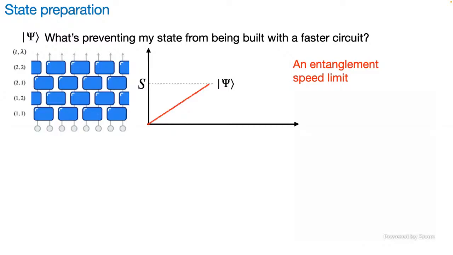And one answer to that question might be that there's some entanglement speed. In some sense, to build up this state, the state has some entanglement. And when I have a quantum circuit, there's only so fast that I can build up the entanglement. With local gates, entanglement only builds up at a certain speed. So for some states, the answer to my question might be, I can't make this any faster because there's some speed limit, there's some circuit depth that I need to build the requisite amount of entanglement to store that.